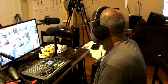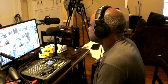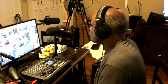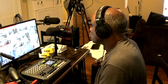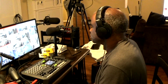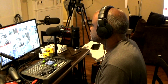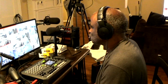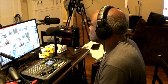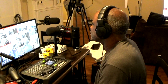Again, you can use the EasyCap USB cassette capture device along with Audacity recording software, which is free. The Audacity recording software is free, and it allows you to make MP3s. It's easy to use. The system requirements for your computer are not that demanding. It's not resource intensive. So if you have a computer that's able to load Windows 10 and you're able to stream videos off the internet and make